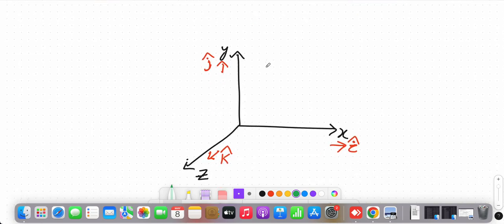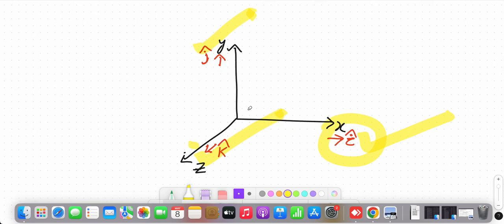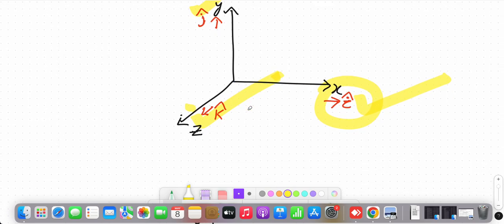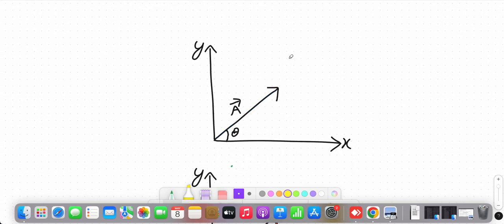Now, in 3 dimensions, along x, y and z axis, the unit vector along x axis is called I cap, along y axis it is called j cap, and along z axis it is called k cap. Unit vector along z axis is called k cap. Okay. Now let me consider a vector